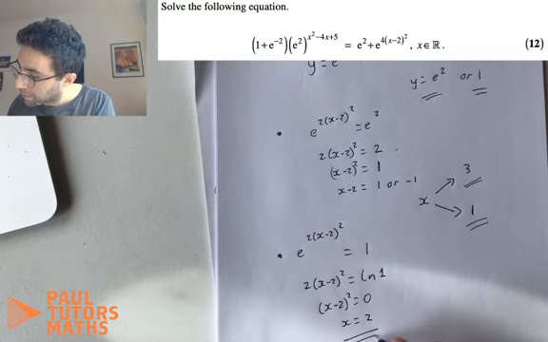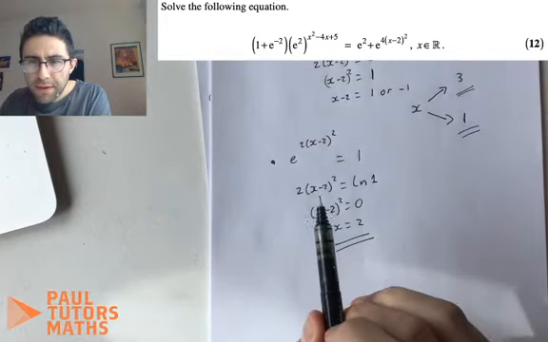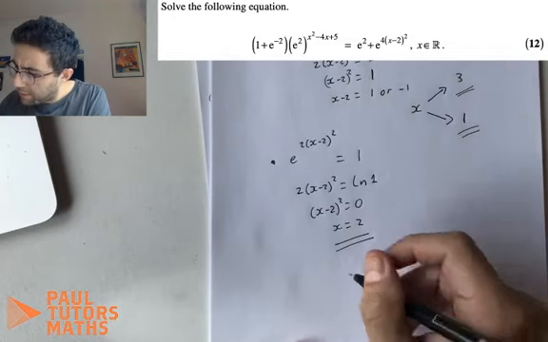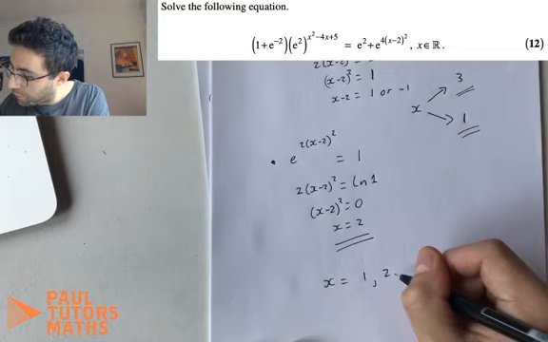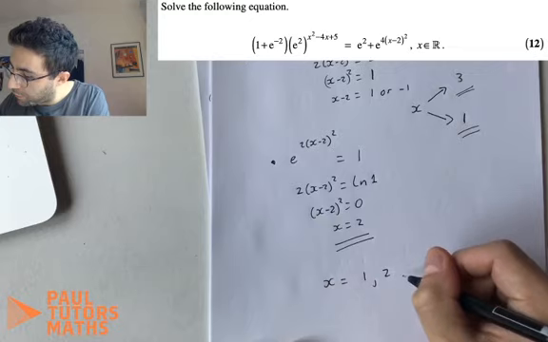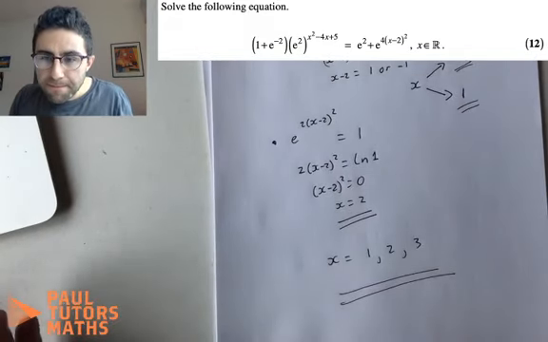So your final answer is x equals 1, 2, or 3. Wow, that's lovely. That is lovely to be able to get 3 answers out of it. And yeah, man, you're right. This is,